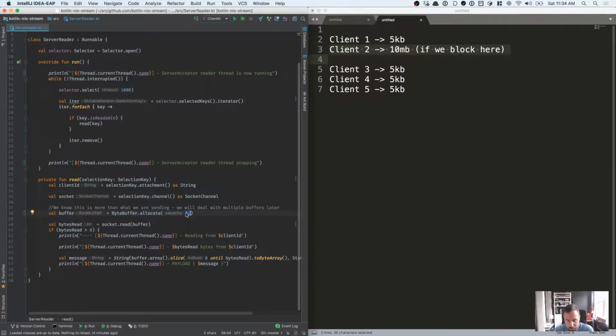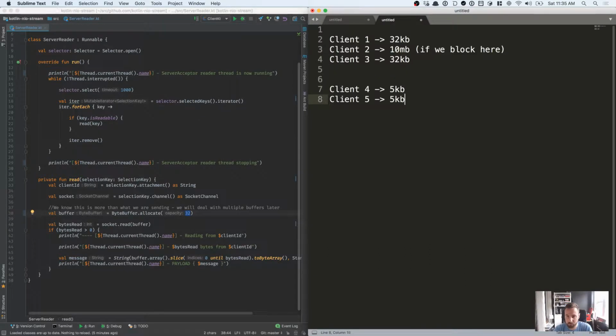You can think of this as how much do we want to buffer per message, right? And you can tweak this, it doesn't really matter what it is, but again, if someone sends us 32 kilobytes, that means all of their message can be read in one go. But if someone sends us 10 megabytes, and then someone after this sends us 32, right, the way